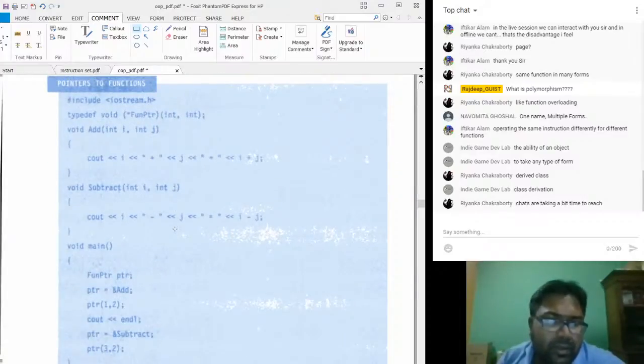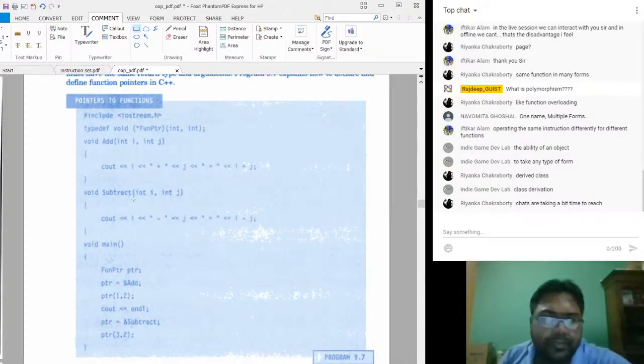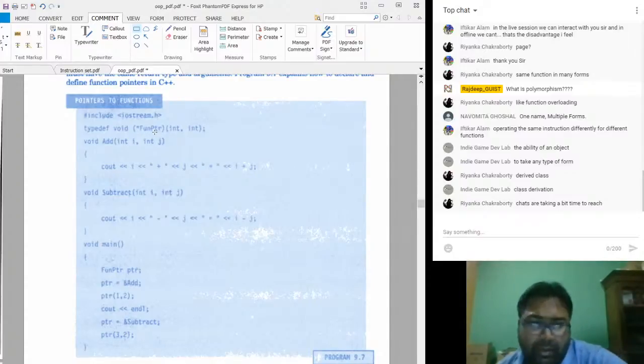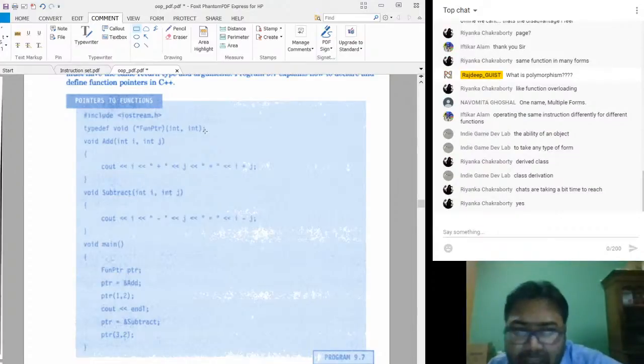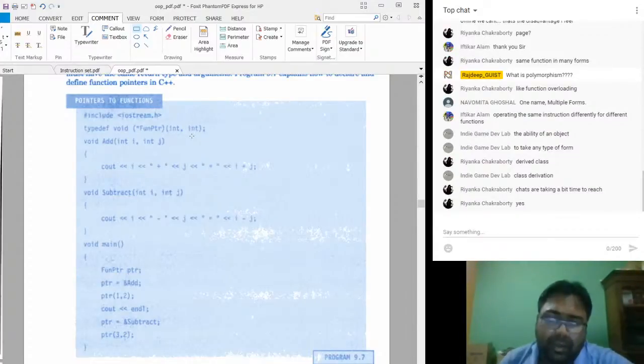So what is it conveying? #include <iostream>, typedef void (*funptr)(int, int). Here void is the return type, and funptr is the name of the function pointer, along with the data types that the function is accepting. Next you see void add(int i, int j).